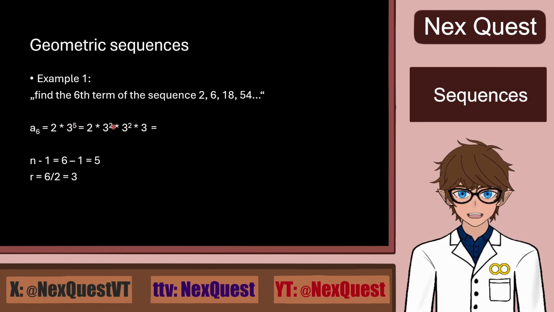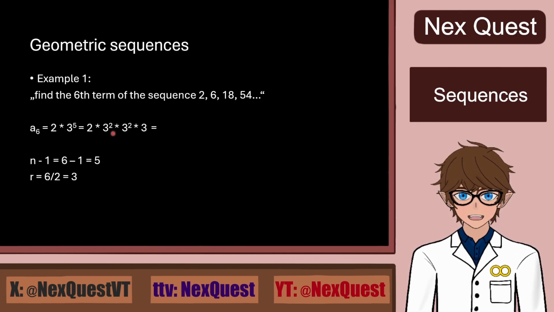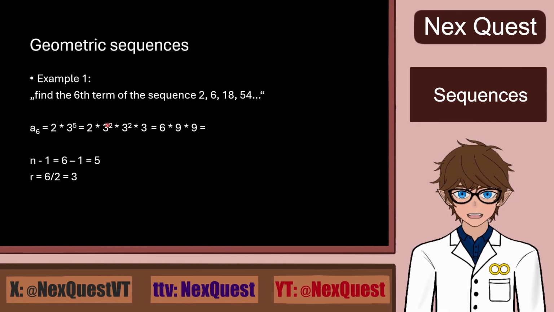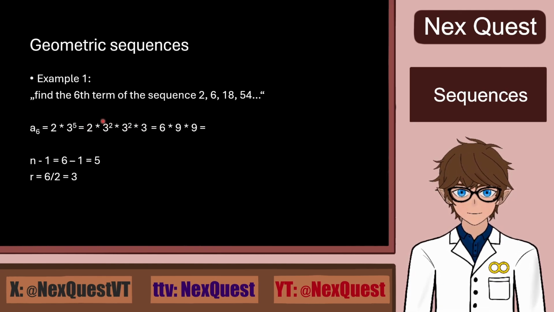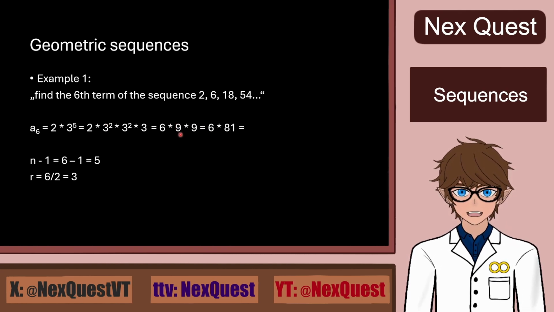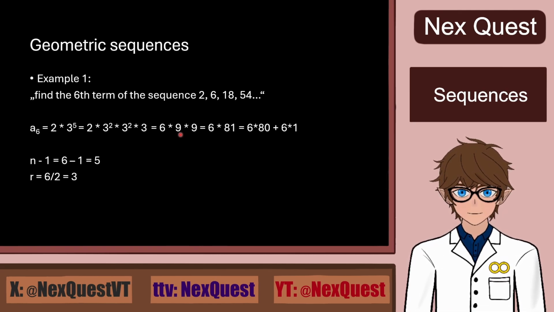Now, this makes multiplication a lot easier, because if you don't know exponent tables, which most people don't, and there is no necessity to learn them, as multiplication can be done by hand fast too, we can just multiply the 3 and the 2 together, we get 6. And we have 3 squared twice, so we have 2 nines. We have 6 times 9 times 9, which is 6 times 81, which, if we remember the rules in equations,